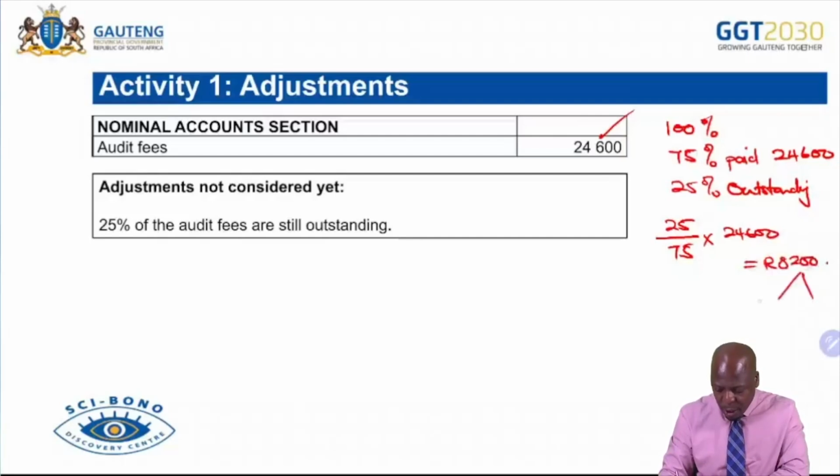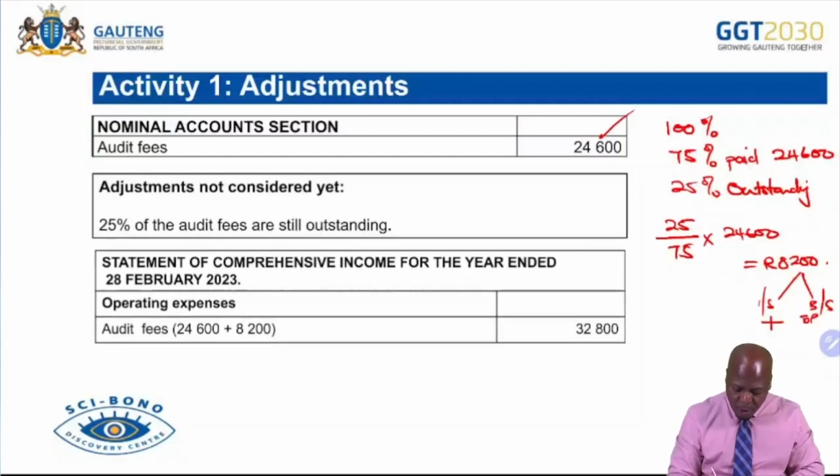This is what we then record in the income statement, and this is what we record in the balance sheet. Outstanding, we come when we add the income statement. In the balance sheet, outstanding is an expense, so it goes to note number 9, trade and other payables. Trade and other payables. All right, let's come here, and then we now say audit fees, the amount from the